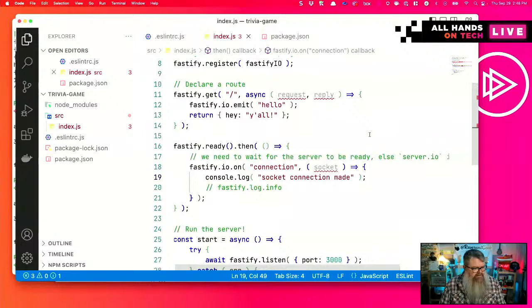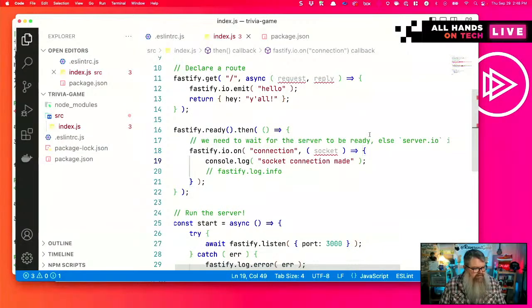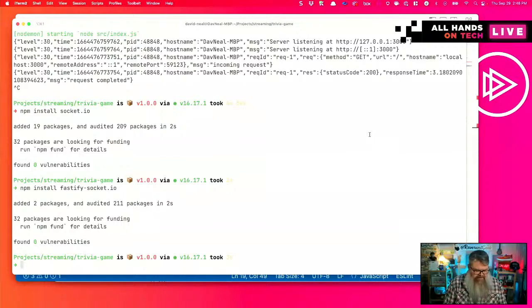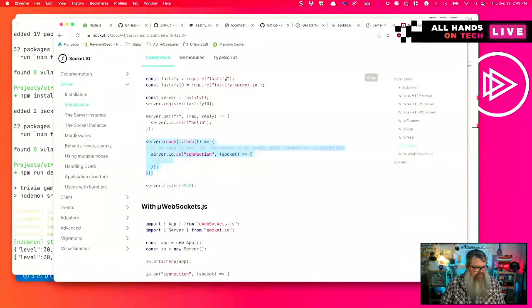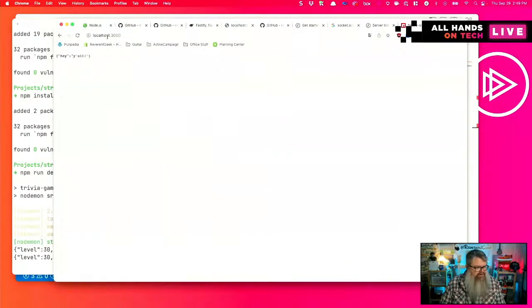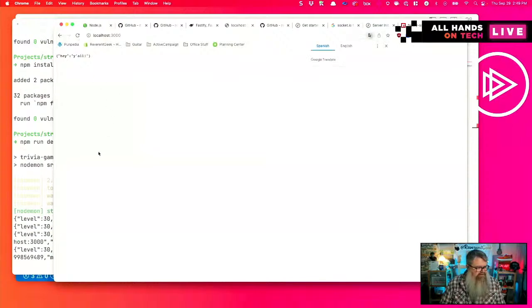All right. This is not going to do anything yet, but hopefully if we run npm run dev, it's listening on port whatever. We come over here to our page and refresh.